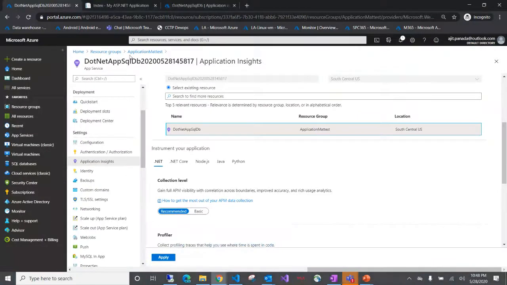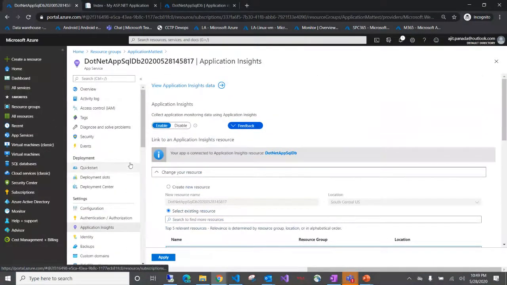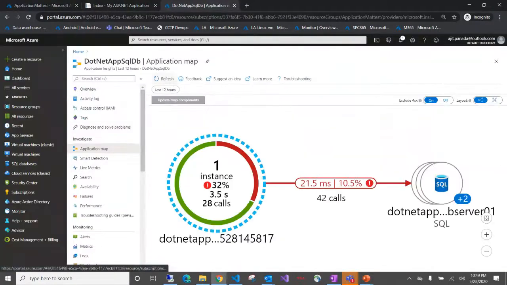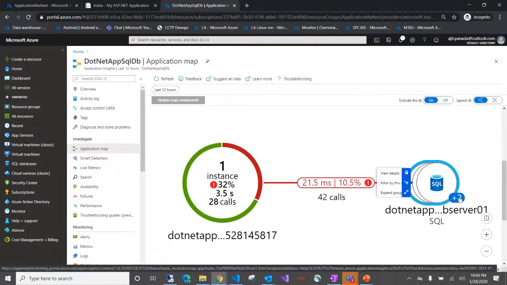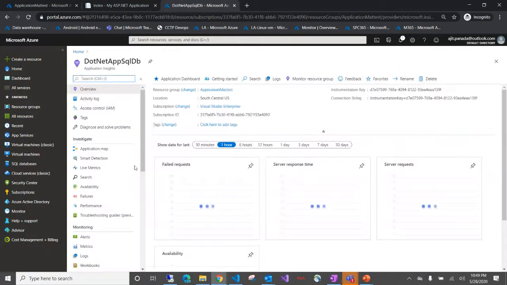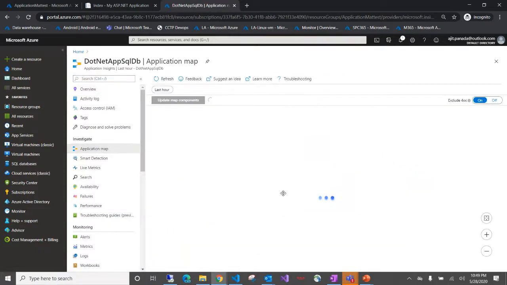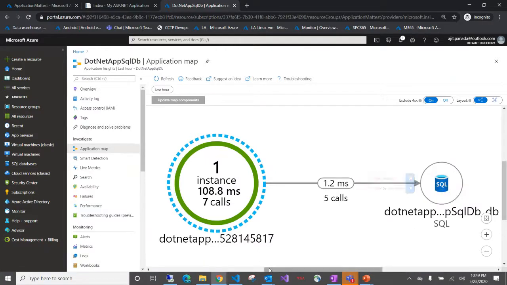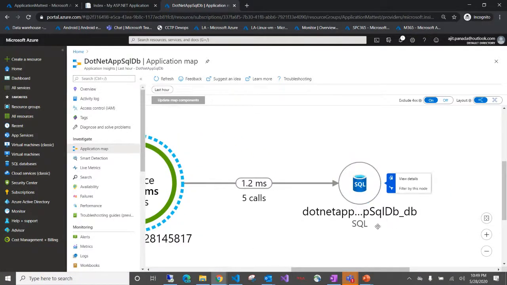So now let's see what Application Insights can actually monitor. This is my application, as I said before, which is interacting with SQL, and this is the App Insights resource which I have set up for that application. The first option I see is something known as Application Map, and this is a very useful feature. If we go into it in detail, you can see your core application and what all dependencies it has. It straight away shows that it has a dependency on this SQL database.